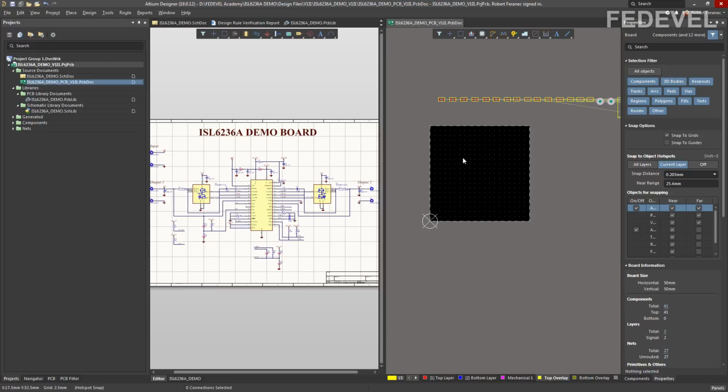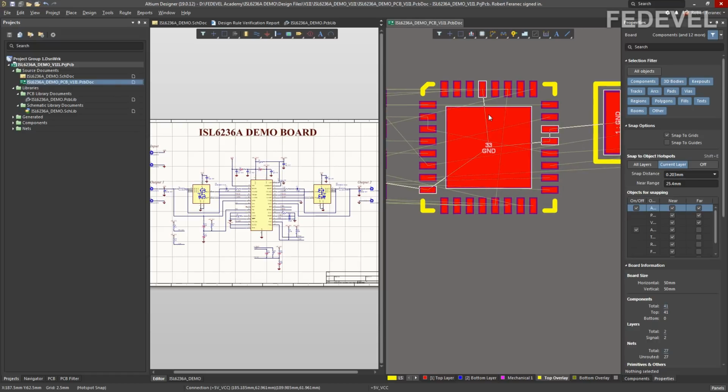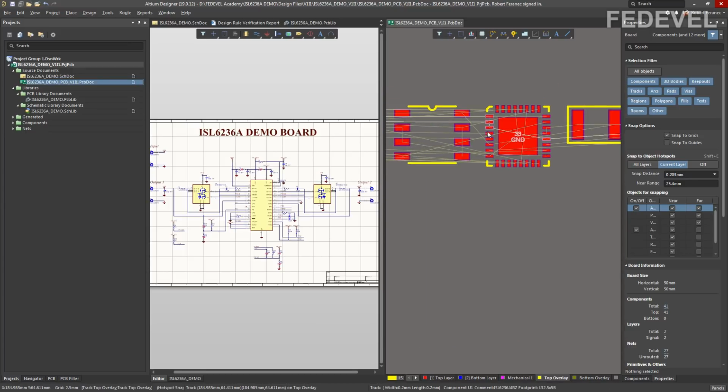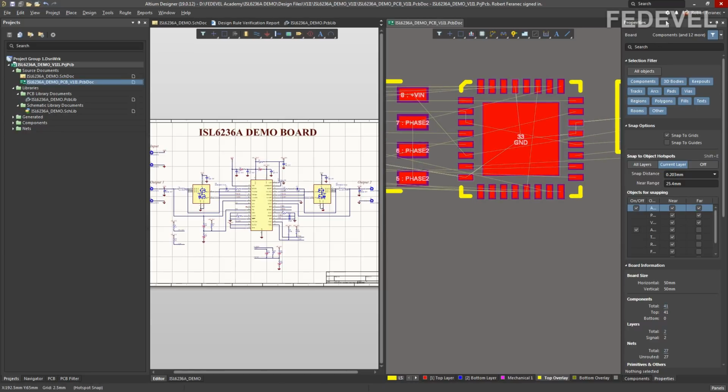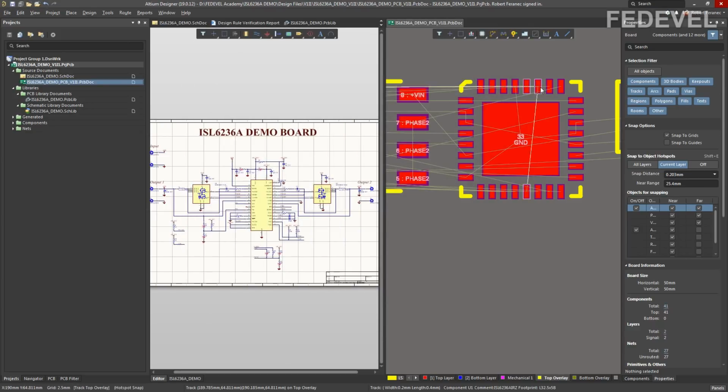Okay, now if you are in PCB and when you hover over a path, then you will automatically see all the other paths which are connected together, okay? If I hover cursor here, there is some connection somewhere there, but if I hover cursor here, you can see all these paths are connected. These are connected together, okay? And if I zoom out, you can see where the things are connected. It is very useful. If you like, you can just keep the default setting, but then you always need to use the Shift key to be able to see these connections or these highlights.